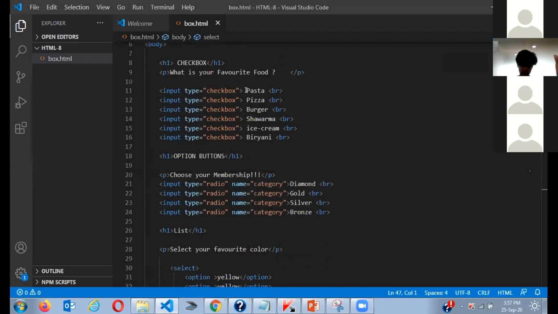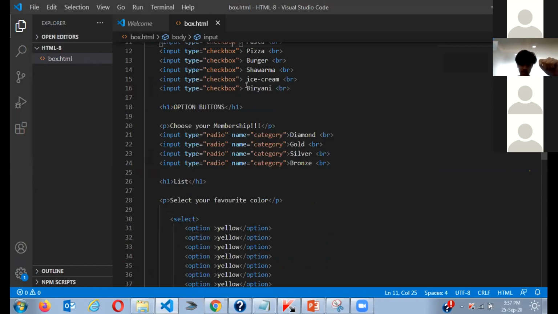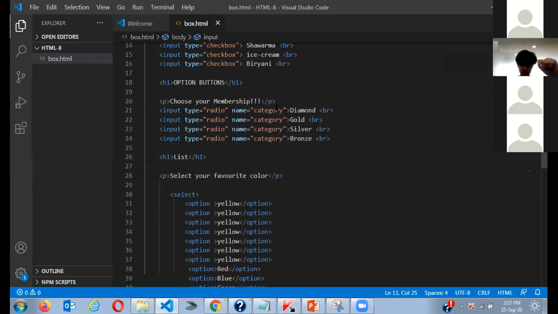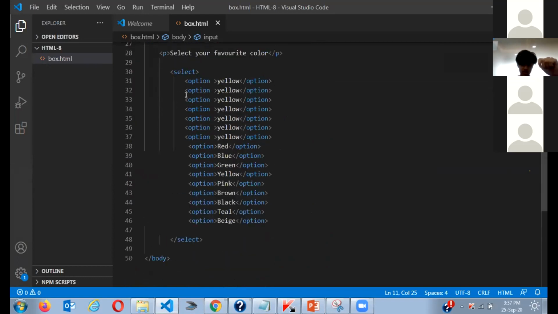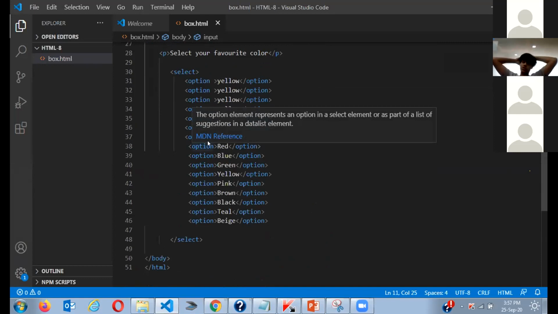So let's just recap what we did. We added an input type and set a checkbox. And then we added an input type radio and set a name category. So just learn this. And then we added a select option which had options. So yeah, that's what we learned. I hope that's enough for you. The reason I'm not teaching you more is because